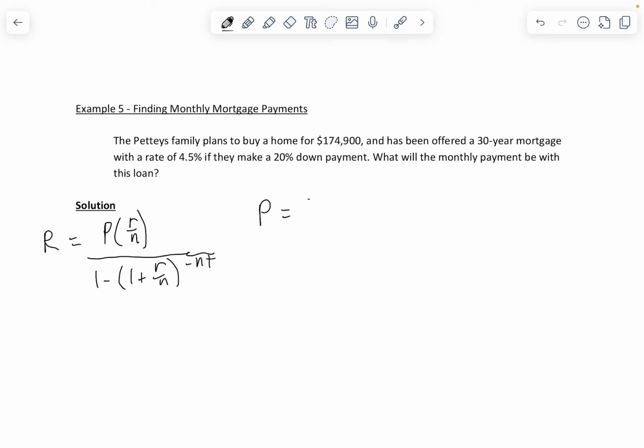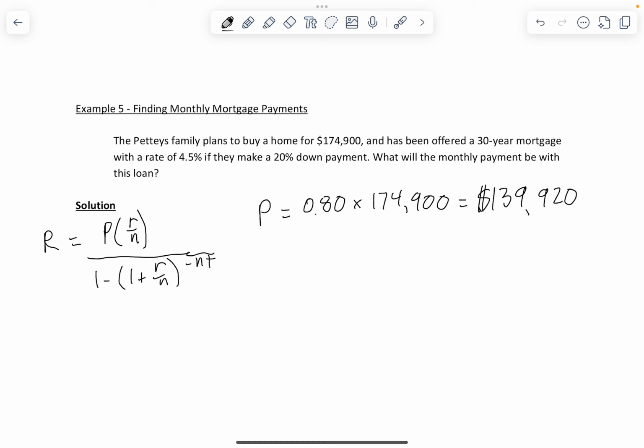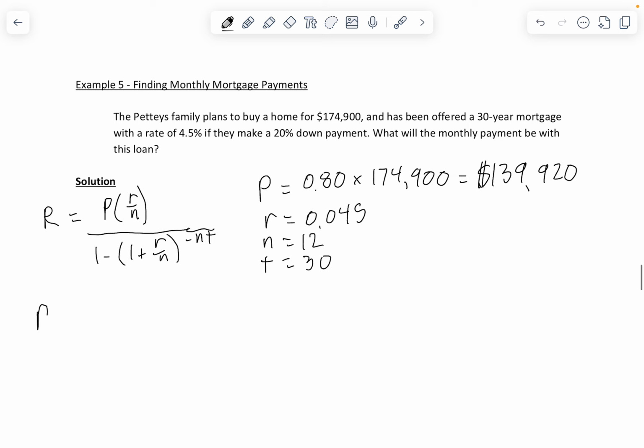So we would say 0.80 times 174,900. That works out to be 139,920. That is what is borrowed. The interest rate as a decimal is 0.045. N, it's a monthly payment, so N would be 12. And this is a 30-year loan, so T is 30. I plug all those numbers into my formula. I get